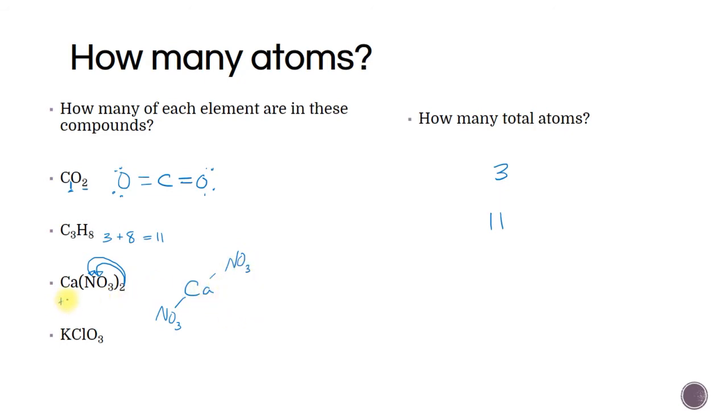That's because calcium is +2 and nitrate is -1. So we have to have 2 of them to balance the charges. Now,